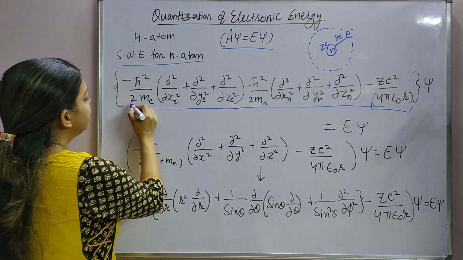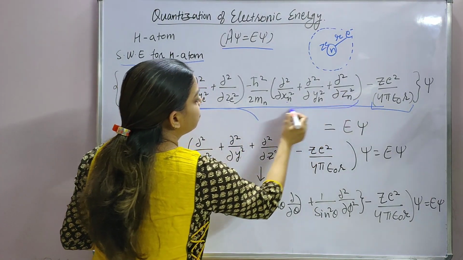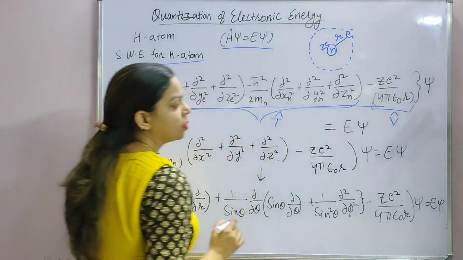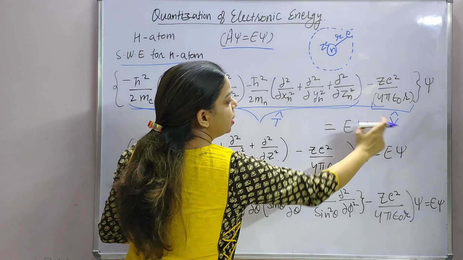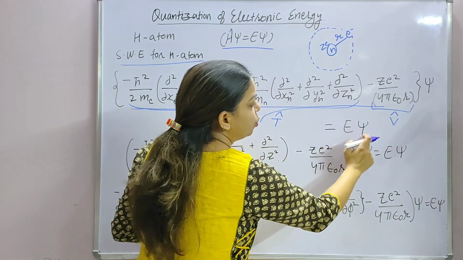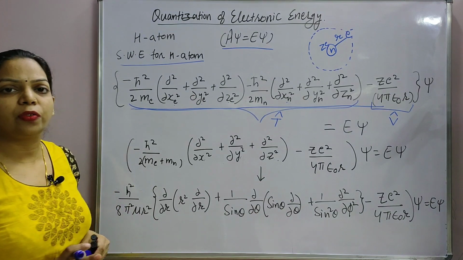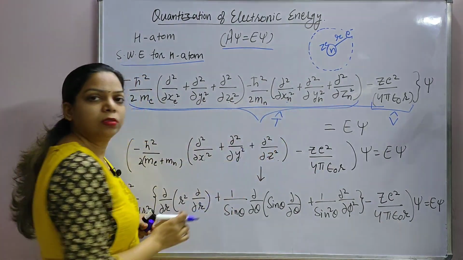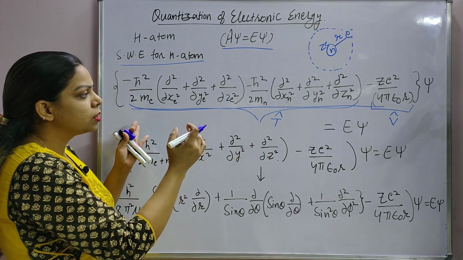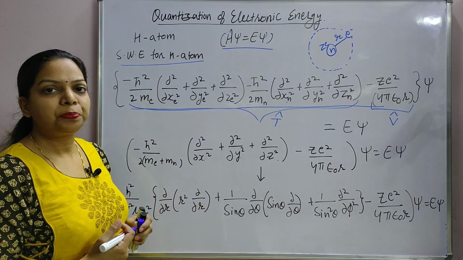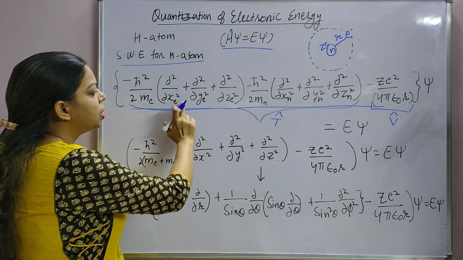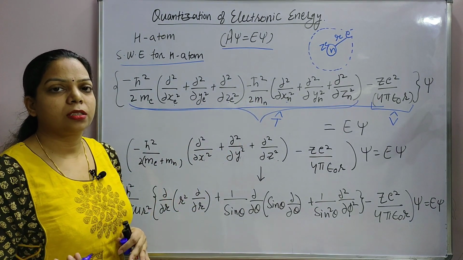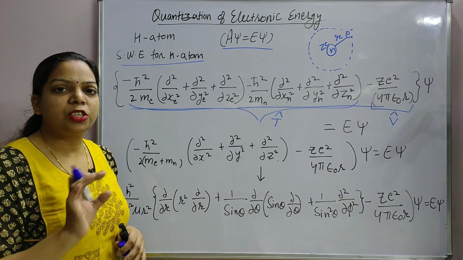So this entire term is the kinetic energy term, given by T cap, and this term is the potential energy term. So T cap plus V cap, acting on psi, is equal to E psi. This is Schrodinger's wave equation. Now it will be difficult if we consider all these coordinates, so we must reduce this equation to a simpler form. We can convert these coordinates of the nucleus and electron into the coordinates of the center of mass, so that we have to focus only on the position of the center of mass.